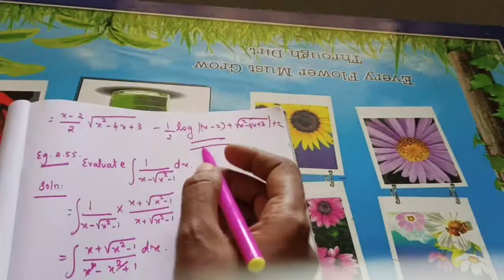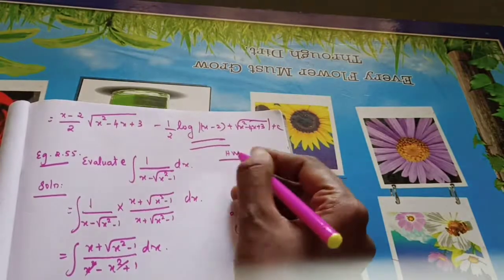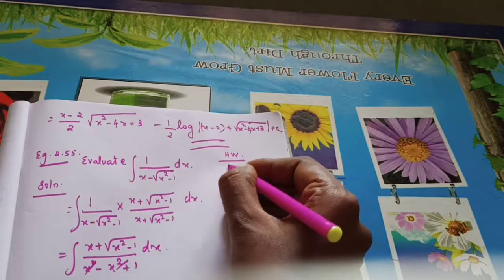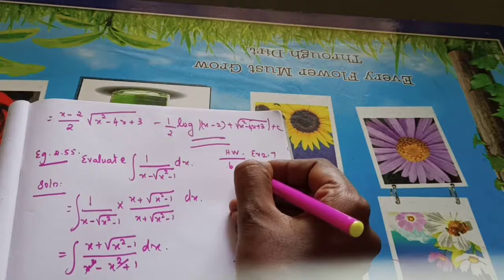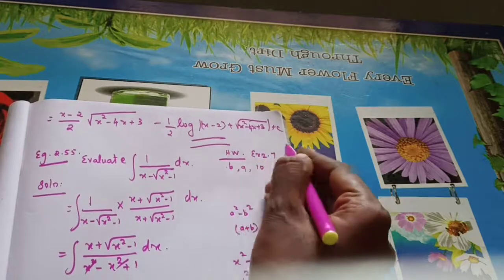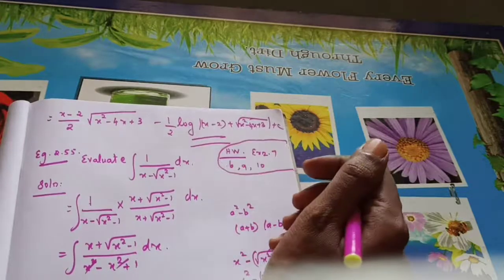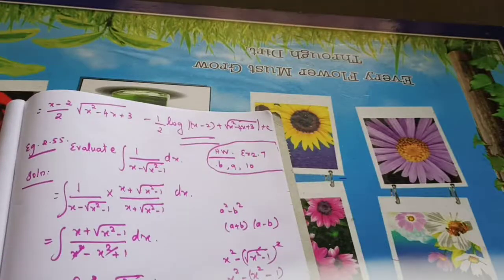Please students, take down your homework. Today's homework is exercise 2.7, problem number 6. Now, come to the 6th problem. The 6th problem is the same as which example model? What's the form of the denominator? The denominator is in the form of a quadratic equation. So by using the completing the square method, you need to do the 6th problem.